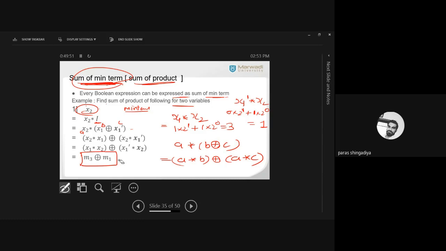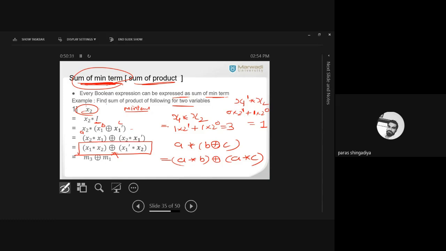What about sum of the product? You just consider the previous step, the last second. That will give the meaning of sum of the product. Okay? So what does sum of the product mean? Check both the brackets here. In this bracket there is a product of two variables, x1 star x2 and x1 dash star x2. And both the brackets are added by ring sum. Clear? So it is called sum of the two brackets. It is called sum of the bracket, means sum of the product.